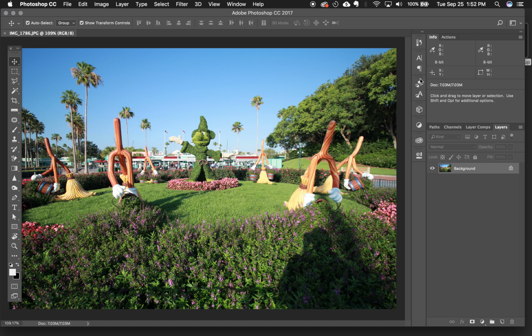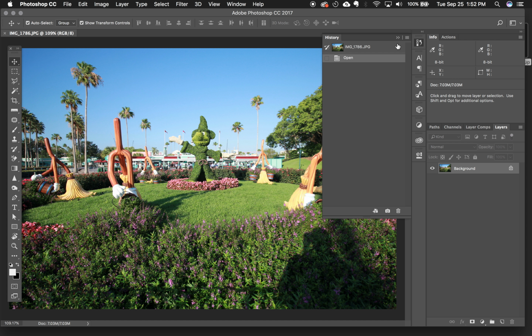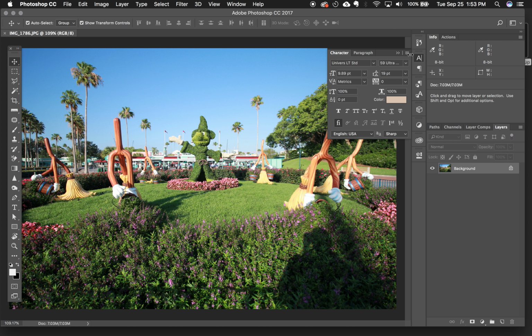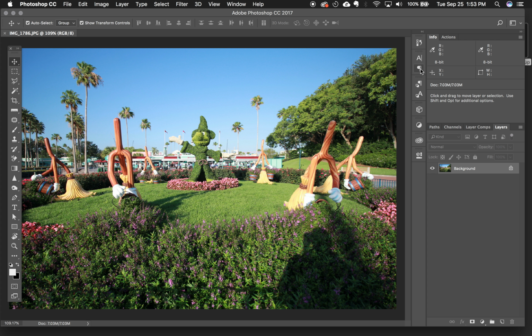Then over here, there's a history button right here, which will show you your history in Photoshop. Photoshop doesn't utilize Command Z the same way other programs do. You have a more specific history. We'll talk through that. We can add text to things if we want. We'll actually do that for an assignment. We can style paragraphs and things and use 3D. We're not going to do that right now. But we will add adjustment layers and things, okay? So this is the basic